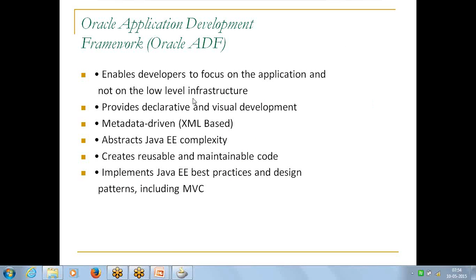Okay. So now comes to what is Oracle ADF. It enables developers to focus on the application, not on the low-level infrastructure. As I mentioned before, all the low-level infrastructure is already defined for this, like DB connection, getting the handle of the tables or the views, or creating the data controls. Normally, if you want to create a data control, you have to right click on it and create data controls and everything. But here everything is taken care of,